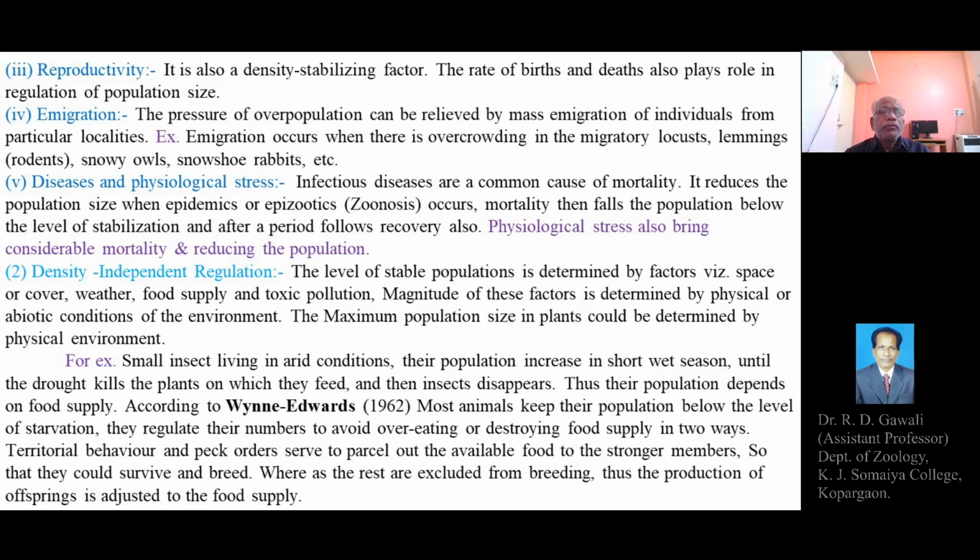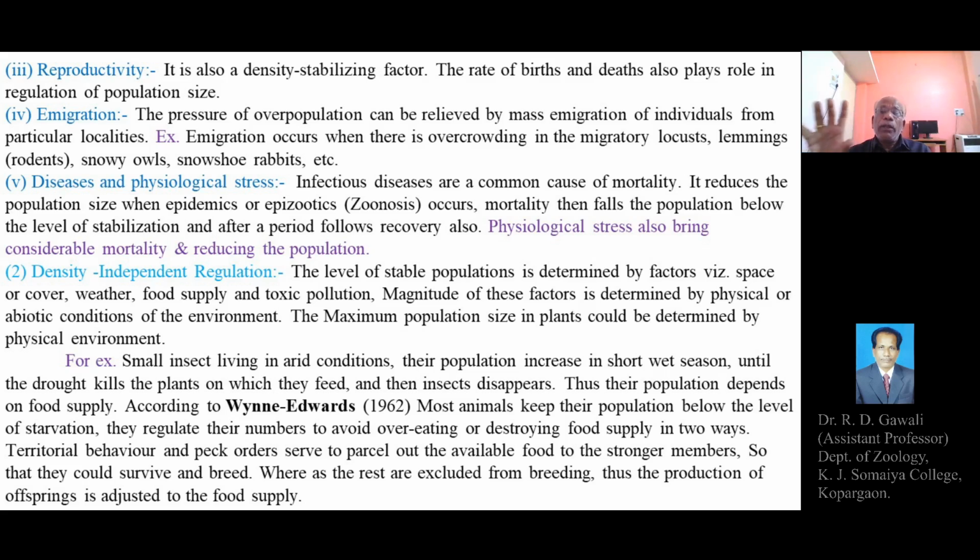away. So according to Wayne Edwards in 1962, most animals keep their population below the level of starvation. They regulate their numbers to avoid overeating or destroying the food supply in two ways. One is territorial behavior, and second is the peck orders. They serve to parcel out the available food to the stronger members,